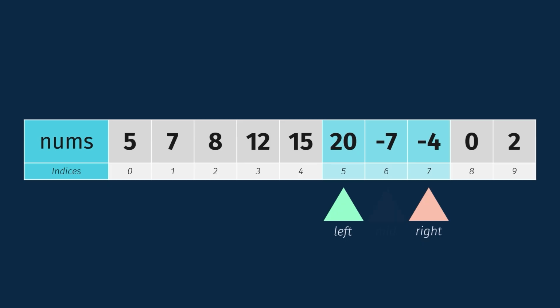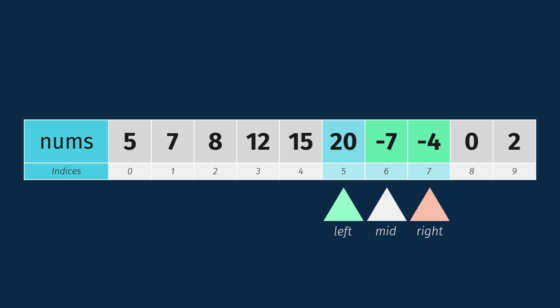Let's calculate mid again. 5 plus 7 by 2 gives us 6. Our mid pointer is now at index 6, pointing to the value -7. Now we compare nums at the index of mid with our new nums at the index of right. Is -7 greater than -4? No, it is smaller. Since nums at the index of mid is less than nums at the index of right,